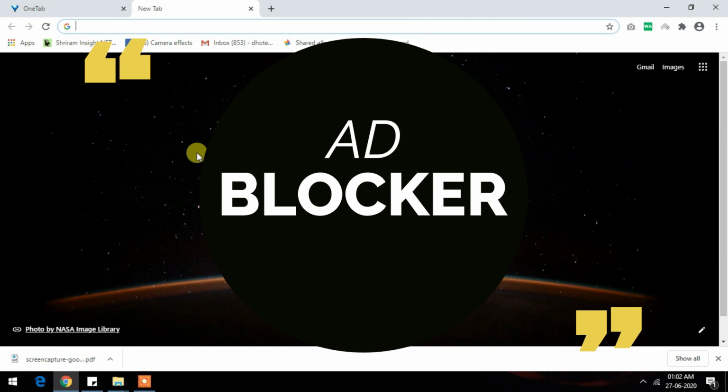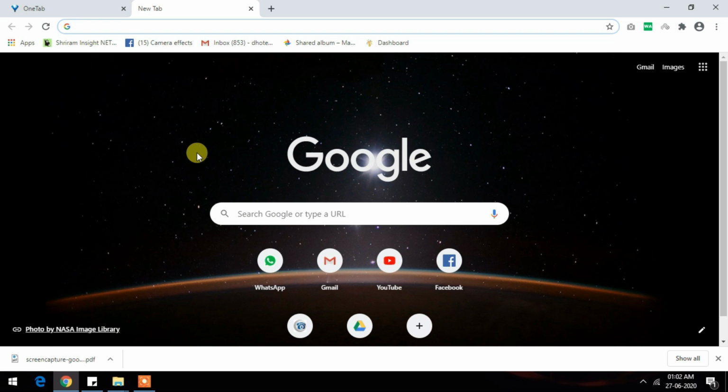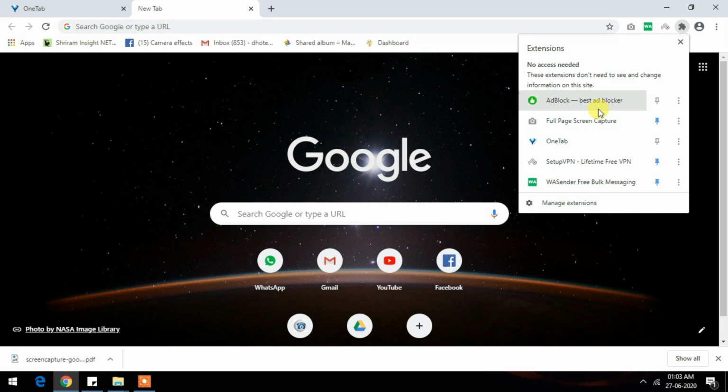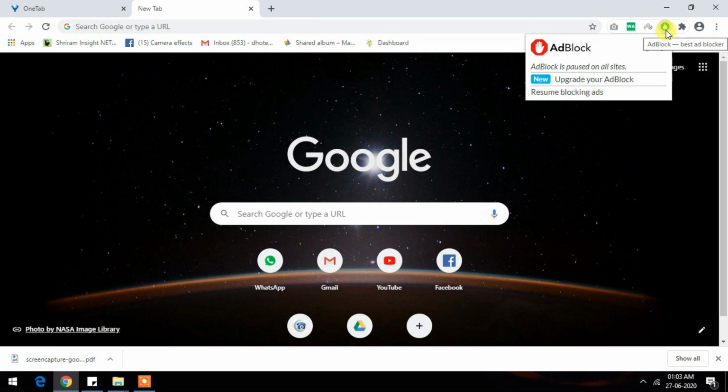Moving toward our last add-on, which is ad blocker. While visiting many untrusted websites, we see different kinds of pop-ups or unwanted ads coming towards us, which is again a headache-full thing. So what you have to do is just go here and click on this ad blocker. Here, as you can see, the blue mark has been given, so it's active now. So whenever it appears here, you will not face any kind of interruption while surfing.